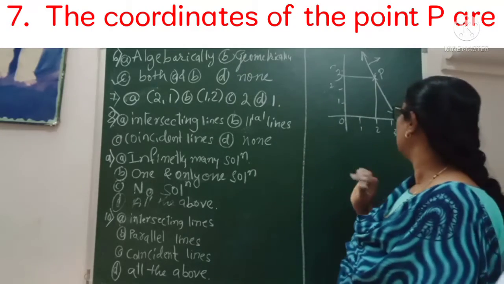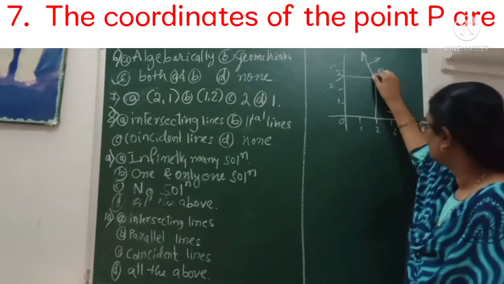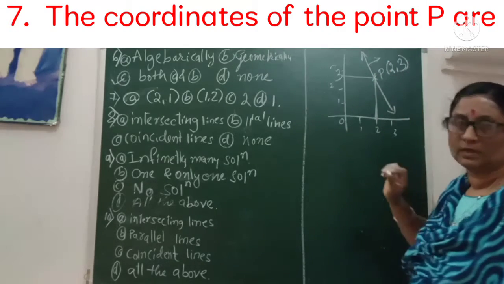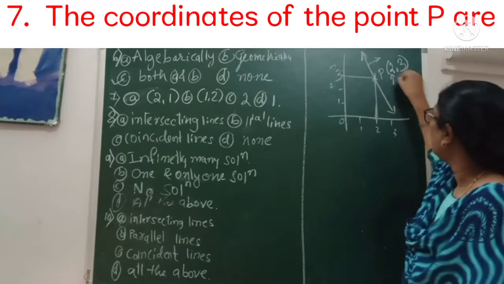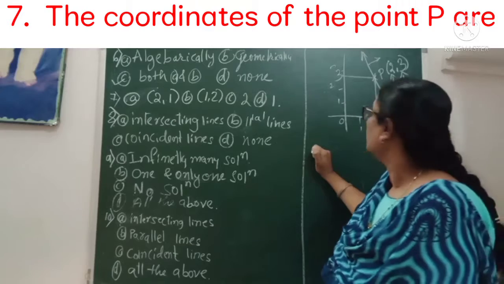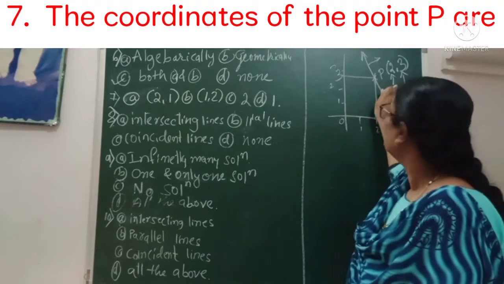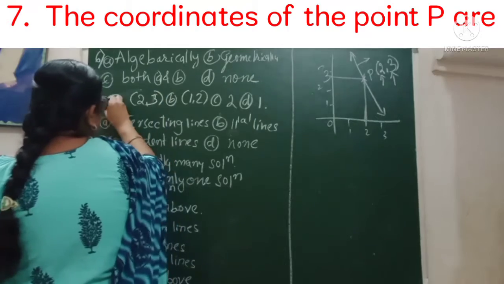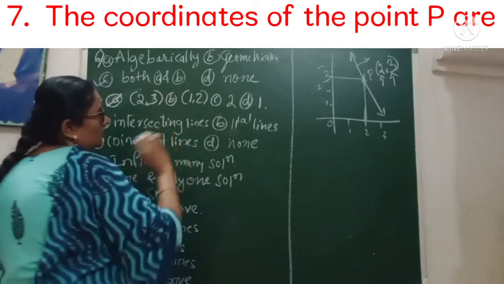So very simple, as you know. Here the coordinates of the point P are 2 and 3. What it shows here is that the value of x is 2 and the value of y is 3. So the value of x and y, you are getting here 2 and here 3. That means this is (2, 3), sorry. (2, 3) is the correct answer. (1, 2) is not, (2) is not.